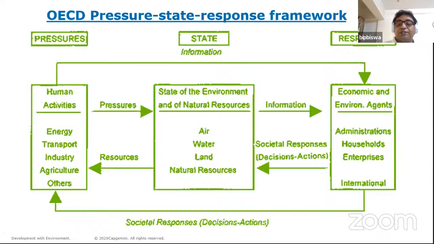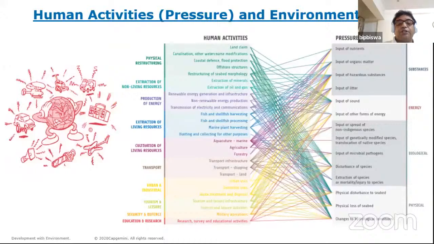So this pressure-state-response relationship shows that between the activities and the pressure, there are many-to-many relationships. That means one particular activity, as an example, anything you take. So for example, agriculture. If we do agriculture, that means I'm changing the land use pattern. I'm putting pressure on the environment